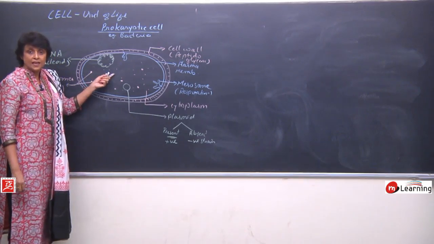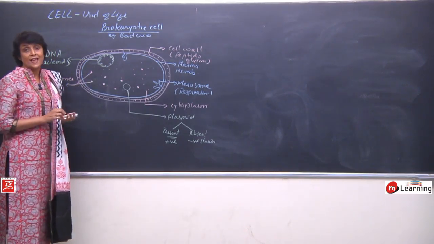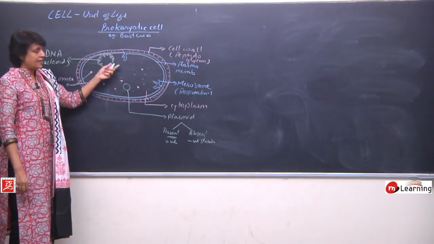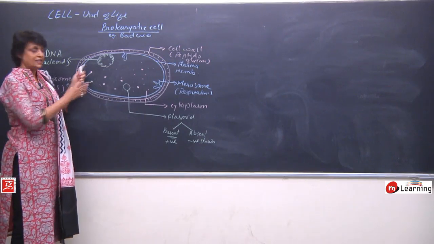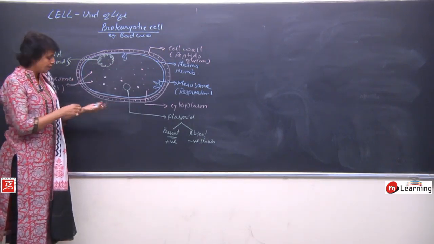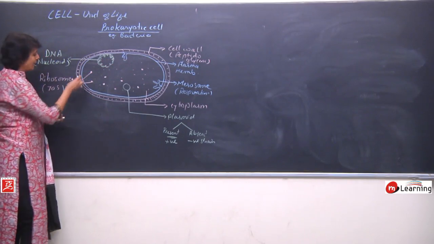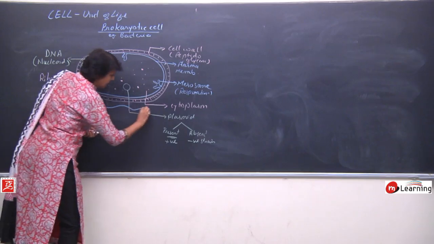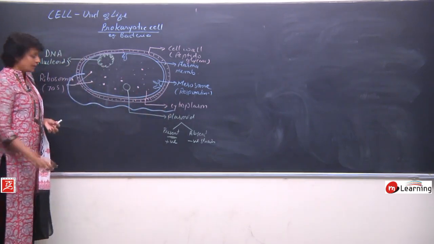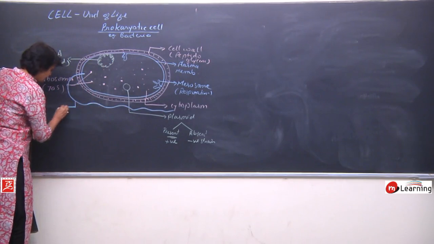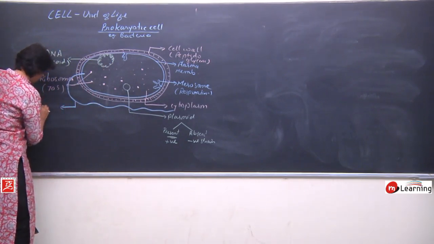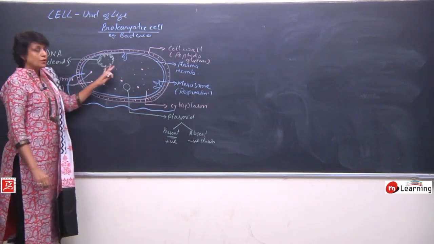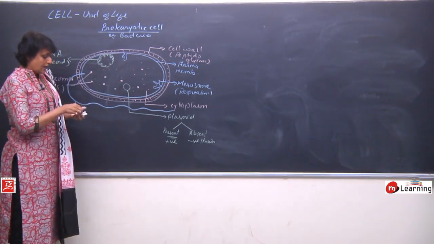These bacterial cells or prokaryotic cells may be flagellate or non-flagellate. If they are flagellate, they can have one, two, many, a tuft of flagella, or flagella everywhere. Here we are drawing only one flagellum. It arises from the cytoplasm and it's a long thread-like structure. This is the flagellum. So the structure is very simple.